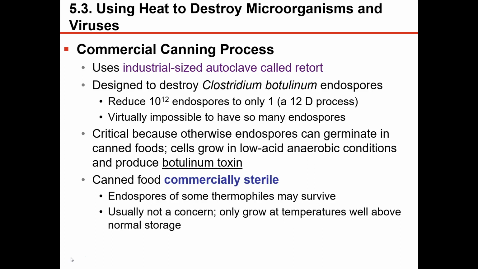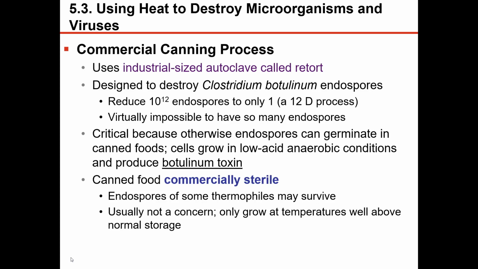And so retorts are very large rooms almost that can do multiple cans all at one time. The idea behind these is to destroy the Clostridium botulinum. Remember, Clostridium is one of them that can make endospores. That's why we're focusing on this one. We want to reduce the potential of having 10 to the 12th, that means 10 with 12 zeros at the end, so 1 trillion endospores to only 1, and that's why it's